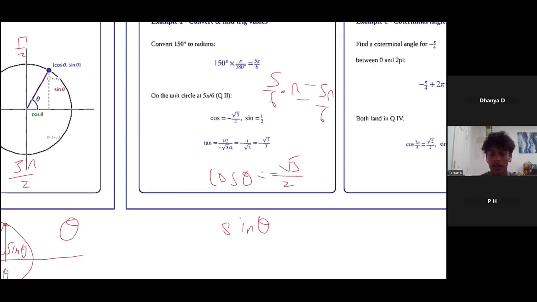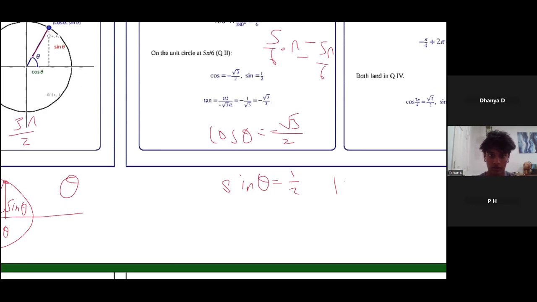Now, I want you guys to think about why here. 5 pi over 6 in radians, that's 150 degrees, right? So let's look at that on the circle. It's going to be like there. If you draw the triangle, if that's 150 degrees and this plus this has to add up to 180 degrees, this is going to be 30 degrees, which means this is going to be 90, and this is going to be 60. Which means if you know your 30, 60, 90 triangles, the 30 side,